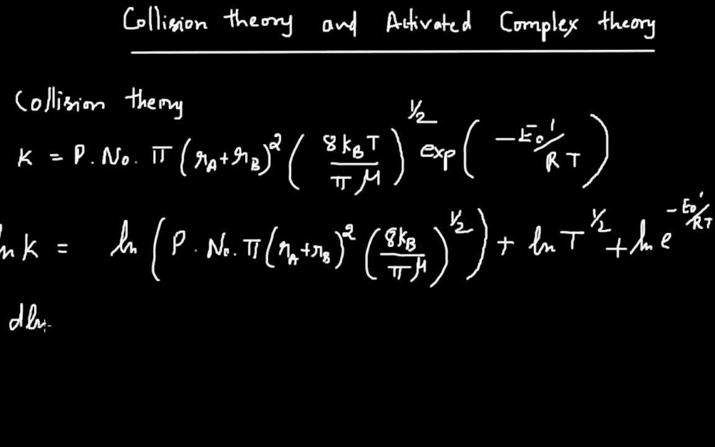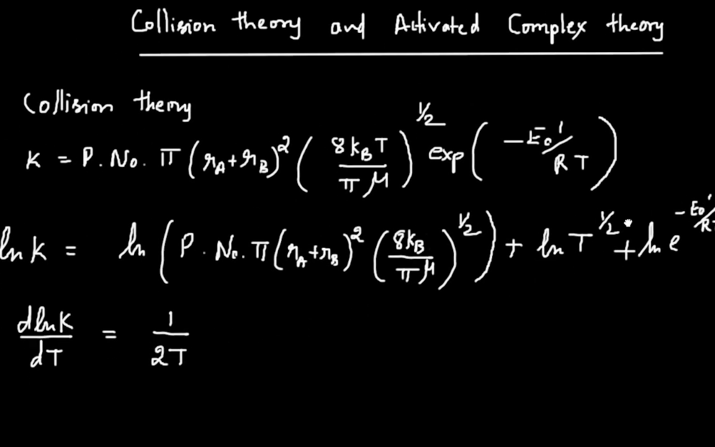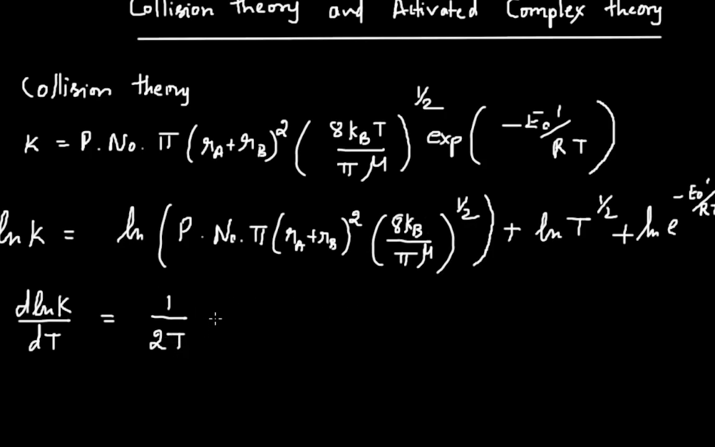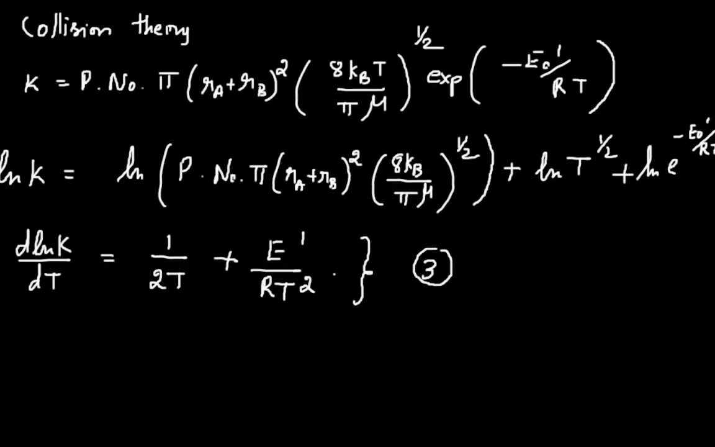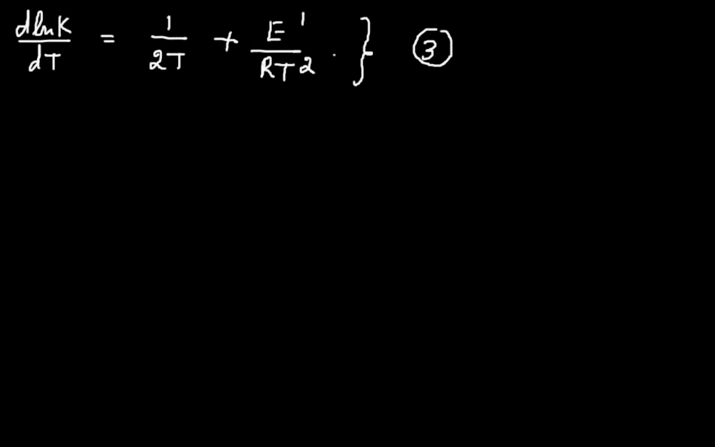So what will d ln k by dT be? d ln k by dT will be equal to, this term does not have any T, so it will not come into the picture. So it will just be 1 by 2T plus E dash divided by RT square. That's all. This is what I want to call equation 3. Fine. Now if you compare equation 2 and equation 3,